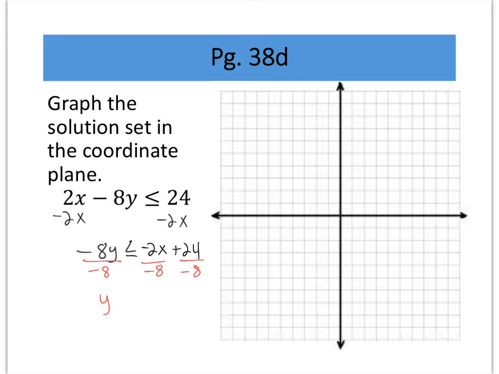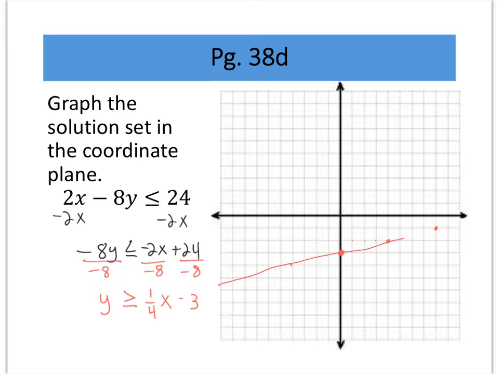So this is going to be y, flip the sign, greater than or equal to. Negative 8 reduces to 1/4 x, and 24 divided by 8 is 3, so negative 3. I start at negative 3, and I go up 1, and then over 4. 1, 2, 3, 4. And then up 1, and then over 4 more. I guess I could go backwards. It came from there. And it's a solid line because